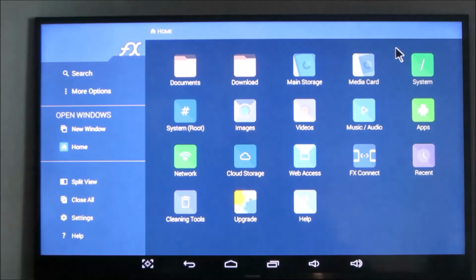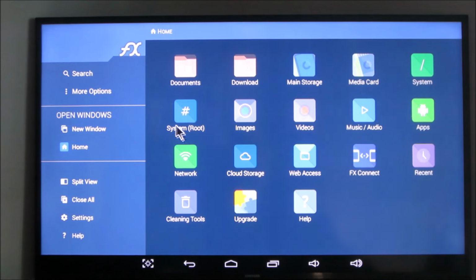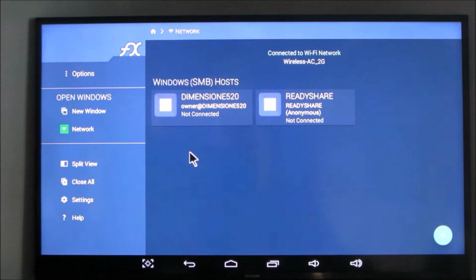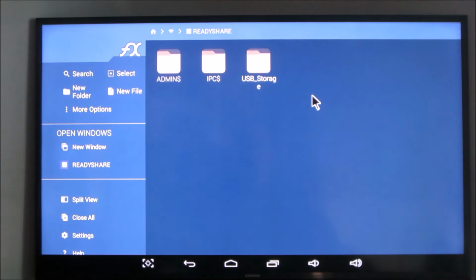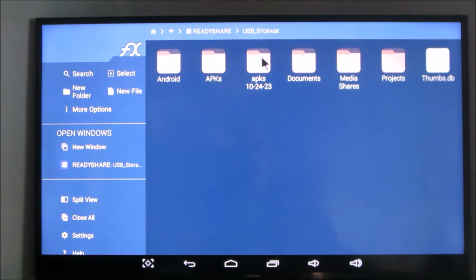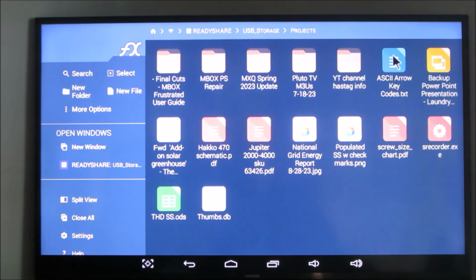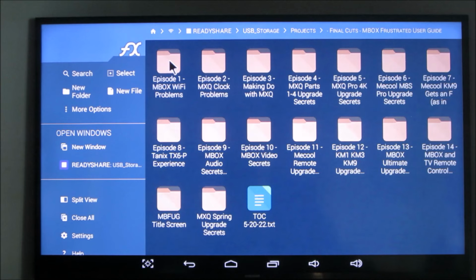If you have a media server, so I have a media server on my network. You can click that. That's a laptop. This is my Netgear router. I'm going to click on my own stuff. Final Cuts. Okay, so